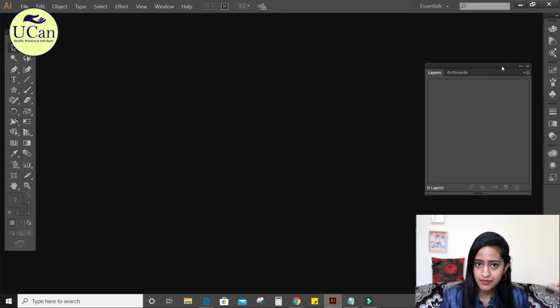So this is the second bar which you should see. You will get two tabs over here, the Layers and Artboards. We'll go with Layers first. At the moment it's empty. Now when you open Illustrator, you must make sure that these two bars are open if they're not, because usually when you open Illustrator, it auto opens along with the software.